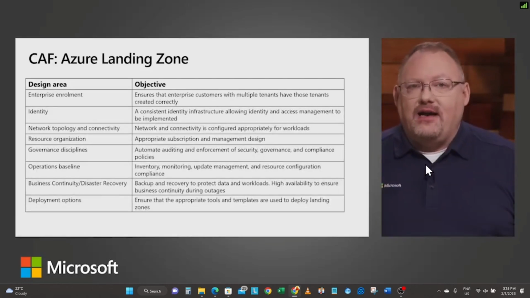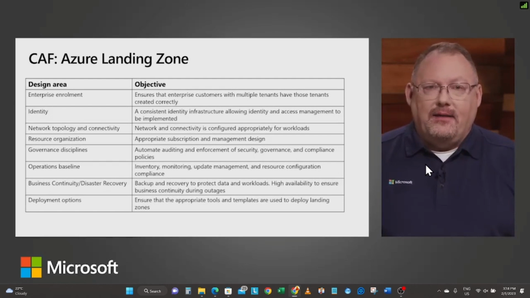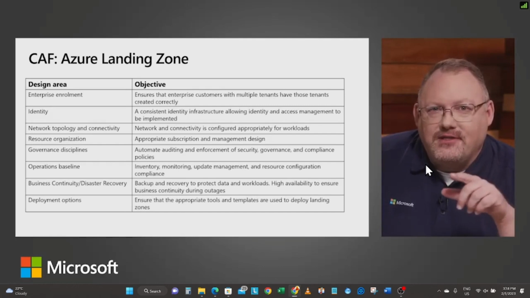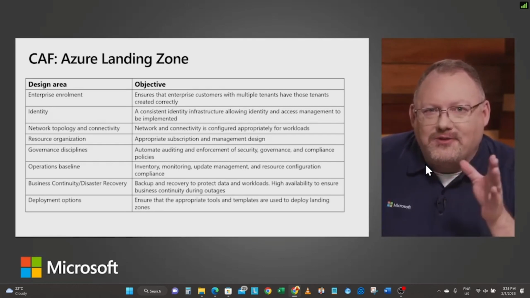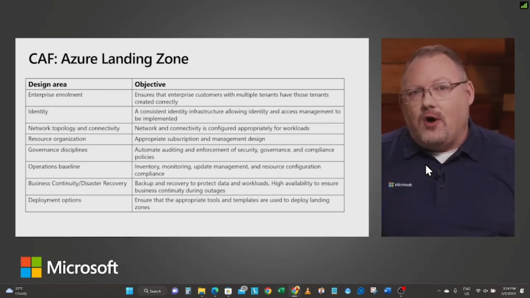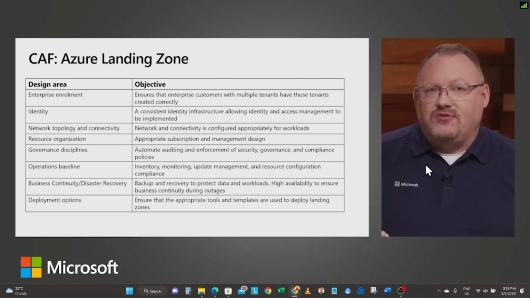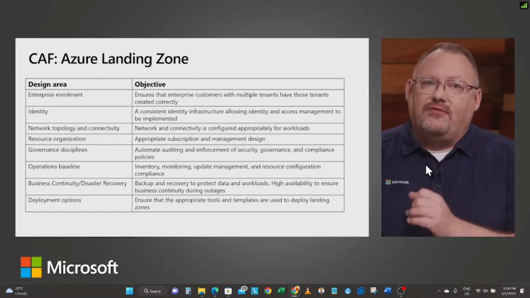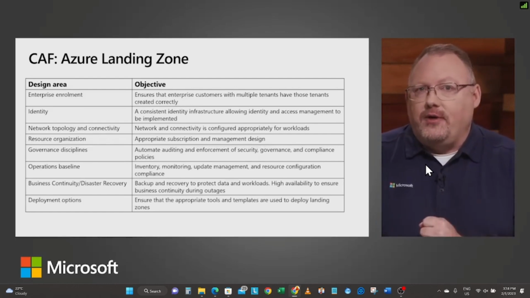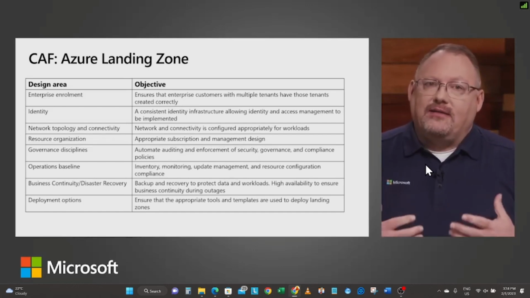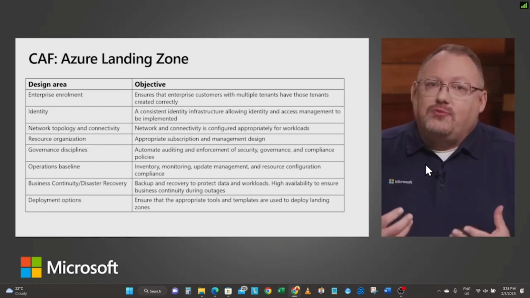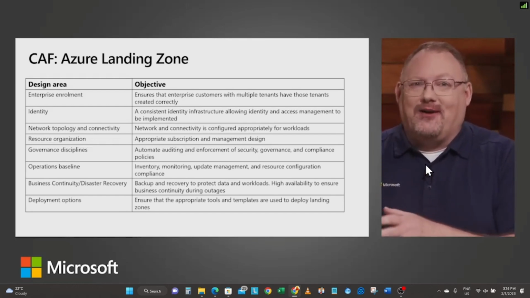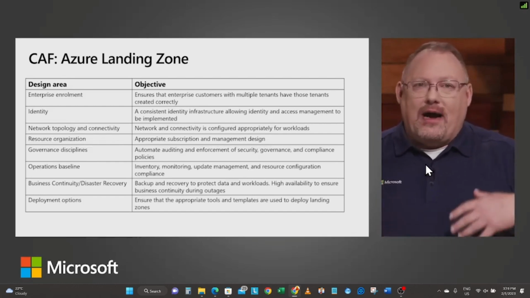And then we want to have business continuity and disaster recovery. I don't know if this is a secret or not, but let me just pull you in for a second. Azure runs on hardware. All cloud technology is hardware somewhere. And we know that sometimes hardware can fail, or our solutions fail, or a service stops running. How are you designing your solution to take advantage of what's built into Azure for business continuity and disaster recovery? Whenever I look at these topics, I get very passionate about them because we can design a lot of that business continuity so we don't have to use disaster recovery technologies. We don't have to go to backups or Azure Site Recovery.